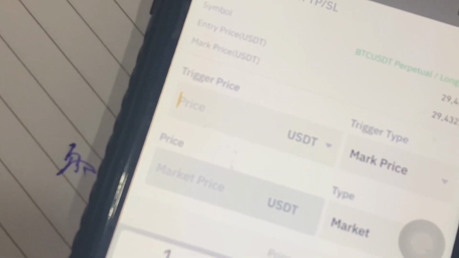So let's say we want to know how much we are going to make on this trade. This is my Binance futures, just one of my friends' accounts that I'm using to do that. If I click on the futures bar here, look at where my amount is, then I click where we have the stop profit and loss. When we click on stop profit and loss, the next thing we want to do is click on the position TP/SL. Now we will enter the take profit,